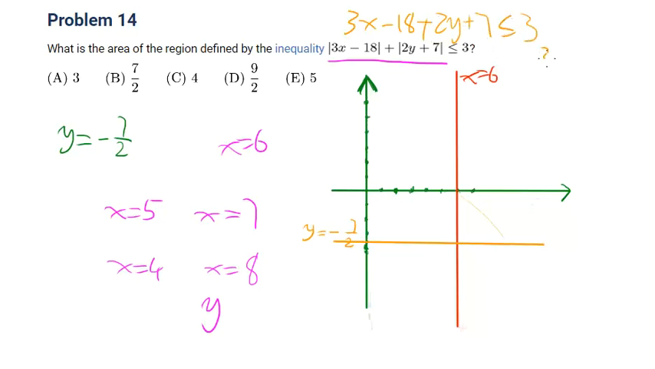So this becomes 3x plus 2y is smaller than or equal to 14. Which then goes to y is smaller than or equal to 7 minus,